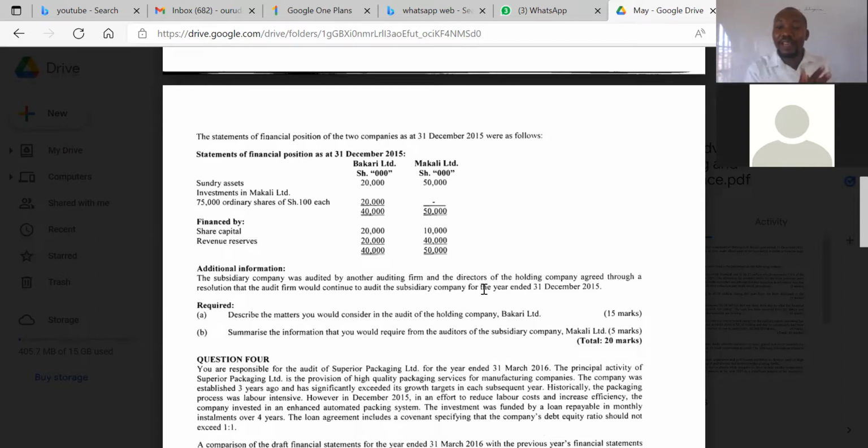In audit, by the way, in some cases, you'll find that the answers that you have given here are the same. Like now you are considering some of the things that matters that you are considering is the scope of the audit. You must consider the procedures that were followed, audit procedures. Then when you come here, information that you might require from this guy might also be the same. You might require information that relates to the extent of the audit procedures that they performed. You want to know the sample procedures that they have used. You might want to know the risk assessment criteria that they used. Those are information that you are considering here. Na tena utawaambia huyu akupe. So in audit, answers are the same sometimes.